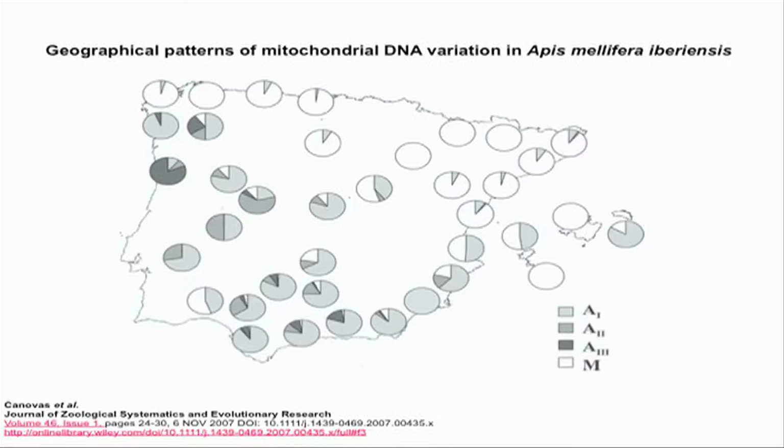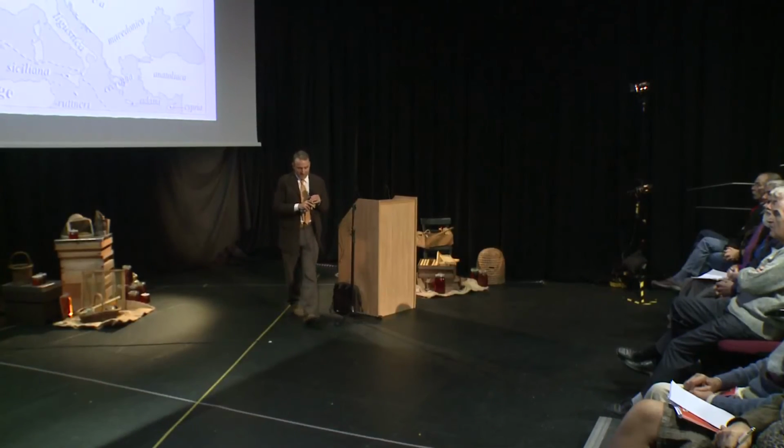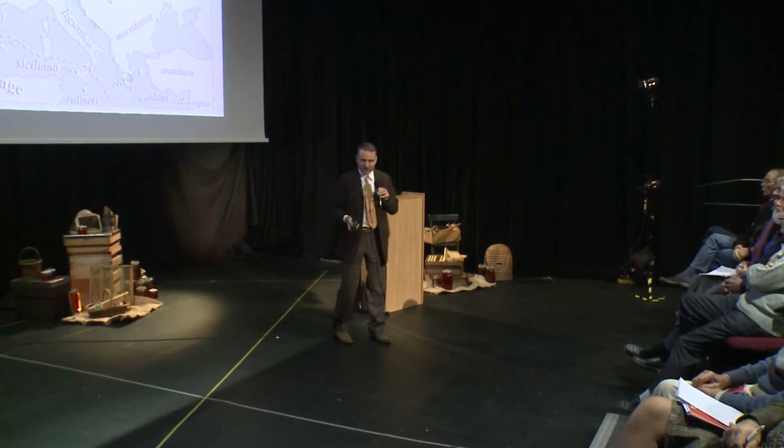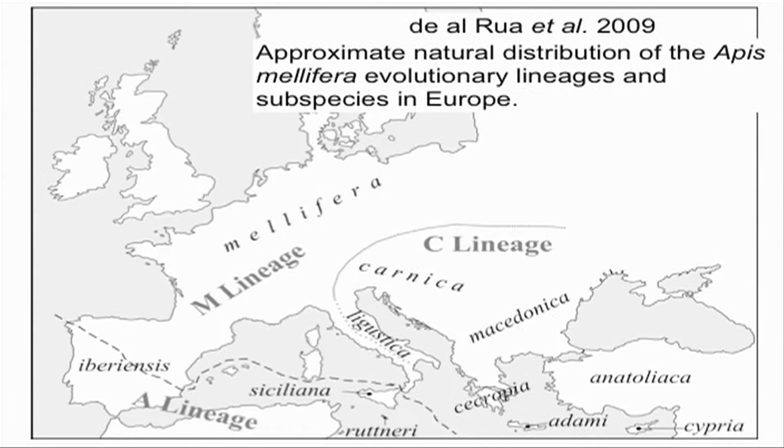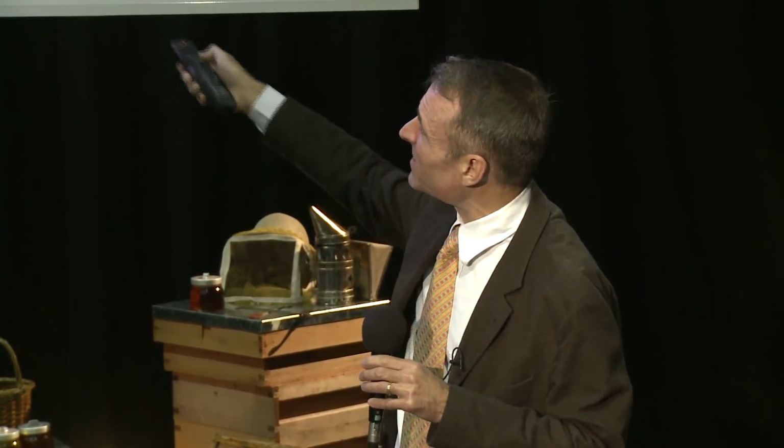We see a good gradation across Spain, and it's probably the country that's been studied best in terms of its population genetics. So we can see there is African origin, or at least lineages associated with what's found in North Africa. But in terms of this pattern about the M lineage coming up from Africa and the C lineage from the Near East, that's probably a bit of a misnomer, and this is 2009, because actually there's far greater diversity here. And the out of Africa story doesn't seem to hold, at least the evidence is not there.